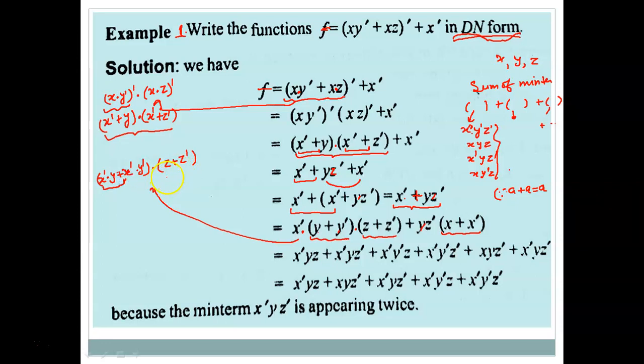Now we apply this operation, x dot plus, to this. We consider it as a single variable, and we apply the dot operation here as well as with this. So I can have x complement dot y, then further dot z plus z complement, plus x complement dot y complement, and we are taking dot of z plus z complement.